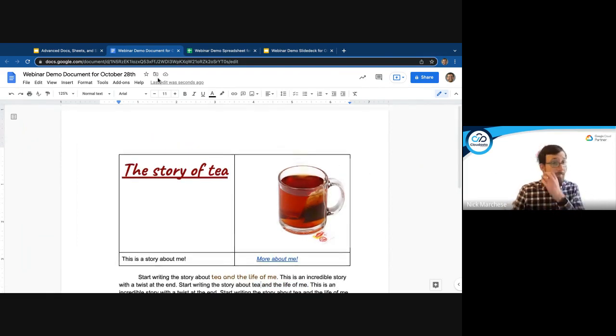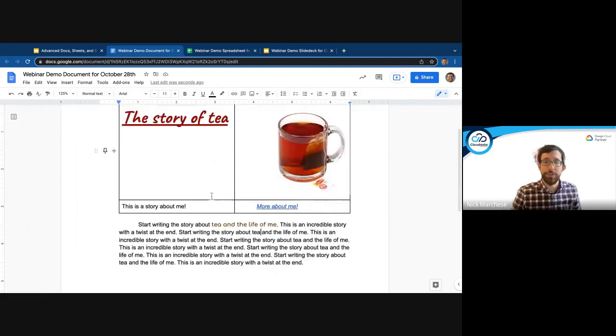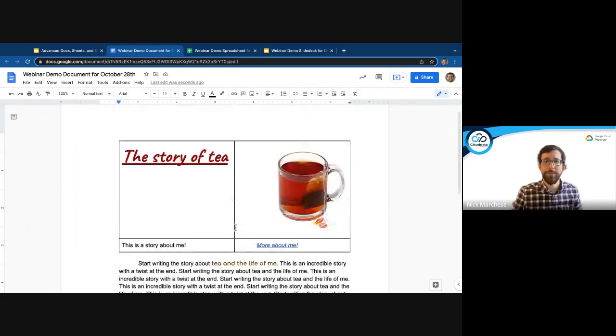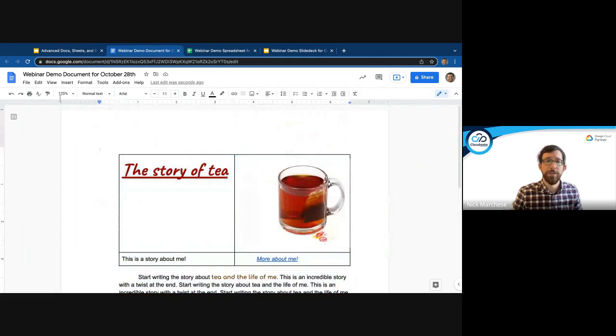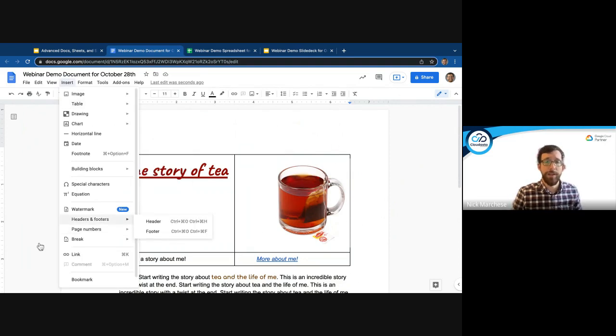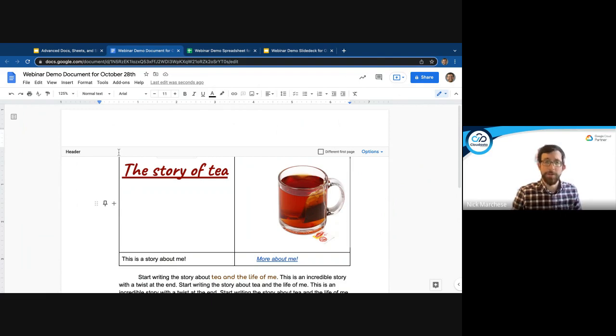So headers and footers. You've got a multi-page document, just like a book, right? And I want to go ahead and have a header. There's a couple different ways you could do this. Probably the easiest way is to go insert, headers, and then you've got your header and your footer option. I'm going to add my header here, Nick Marchese, and then I can go ahead and tab over if I want to add some more information,